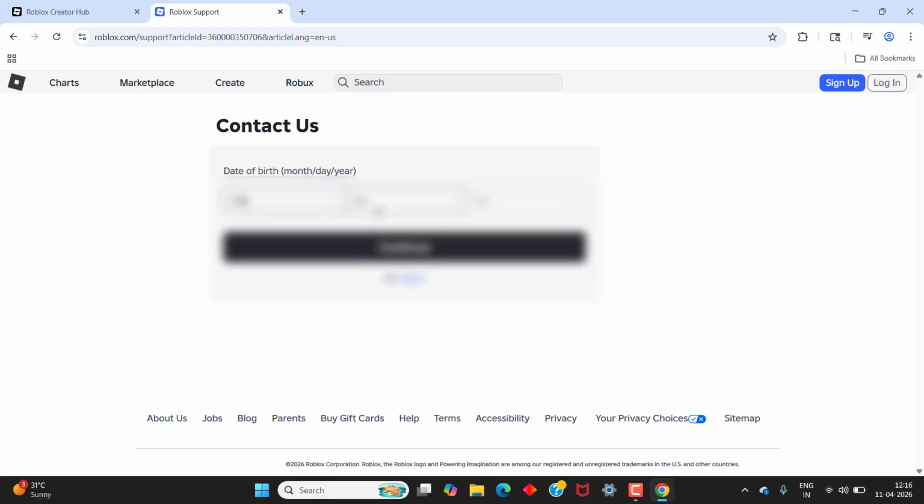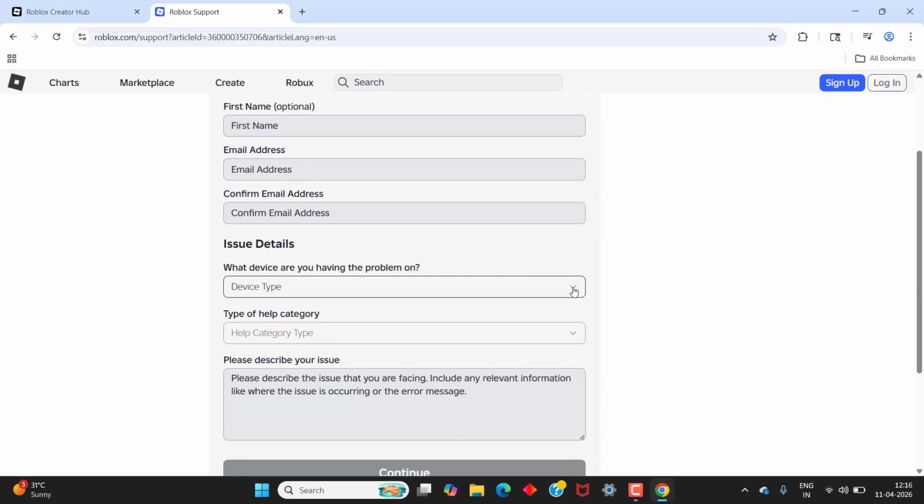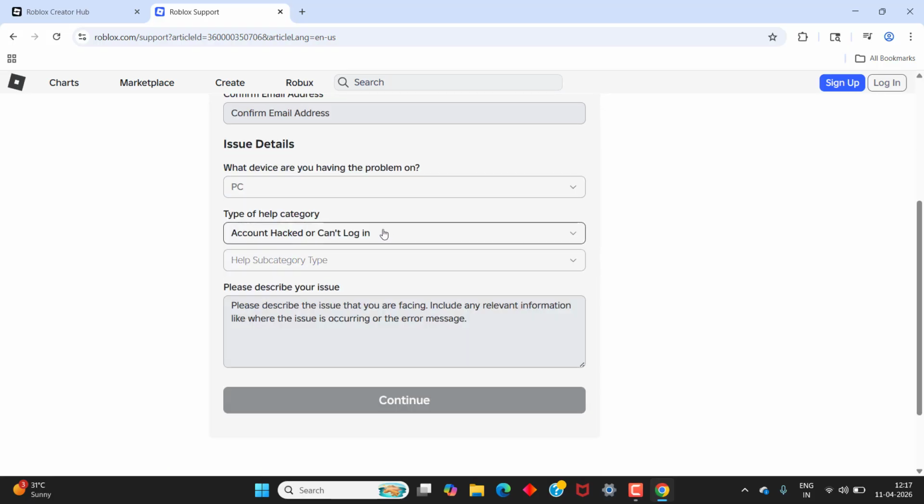In this, your date of birth you need to put correctly. Just click it and put your date of birth correctly as you gave for Roblox, and click continue, and you need to give your username, first name, email address, confirm email address, and what device you have issue with, PC, and